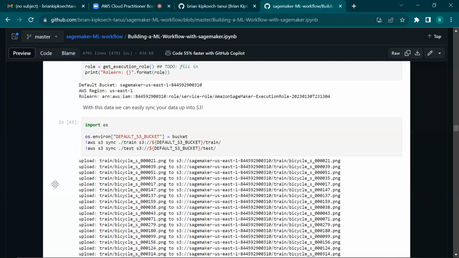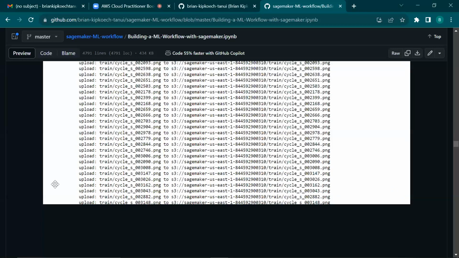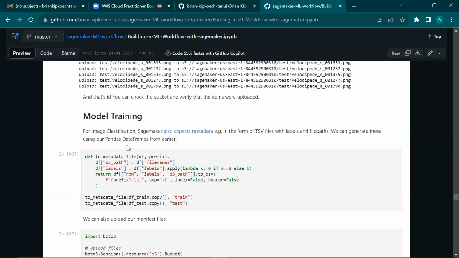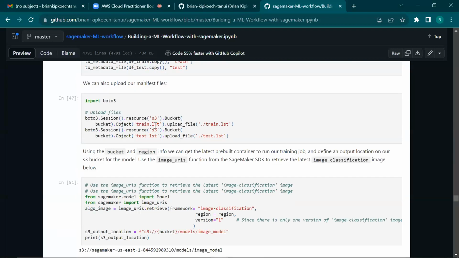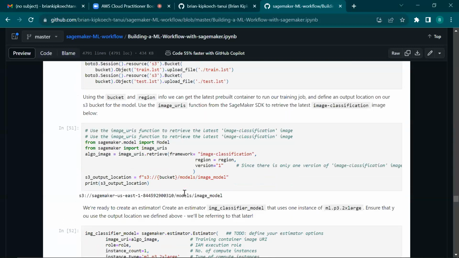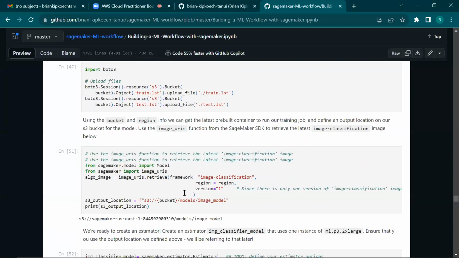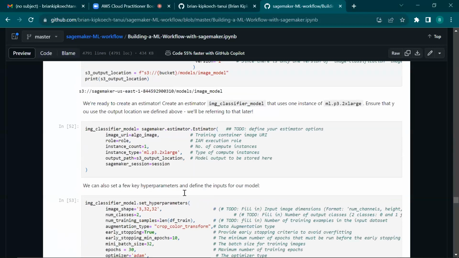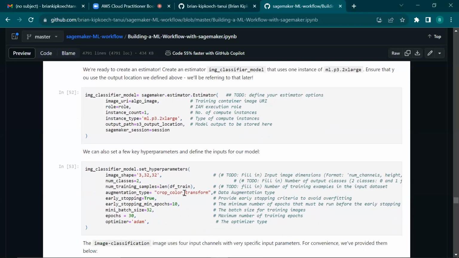Once we have loaded the data there, we train the model just like we did using the training job. So we access the training data from S3 and then train our model. Once we've trained the model, we also provide the validation data to validate our model.